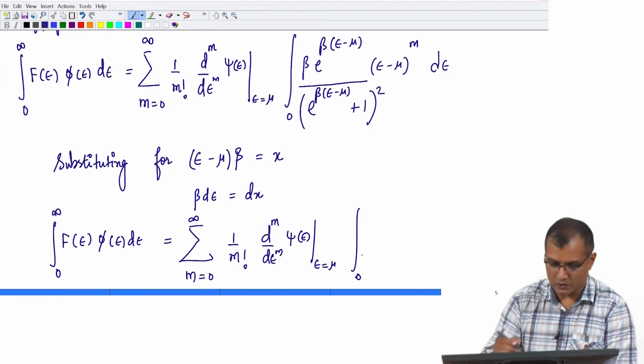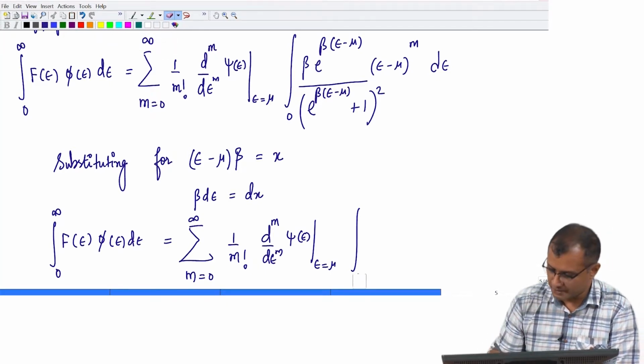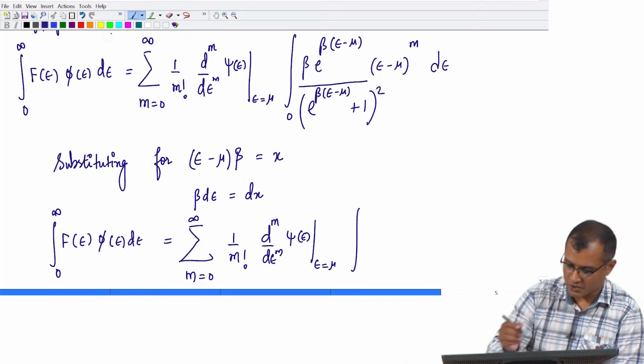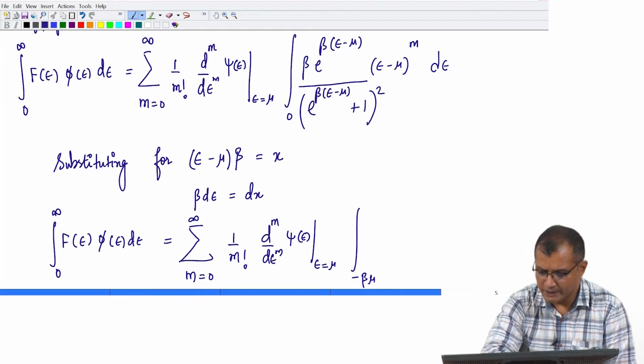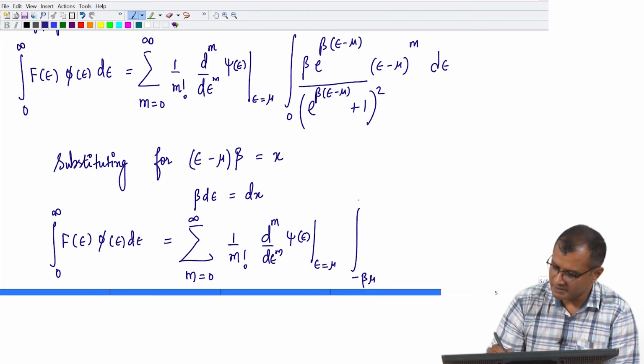Okay. So, the lower limit will transform to minus mu beta because of the substitution I have made, and when epsilon goes to infinity, the upper limit remains infinity,